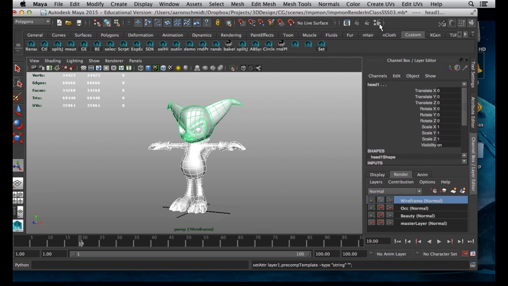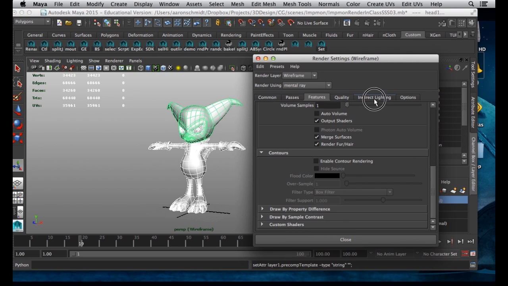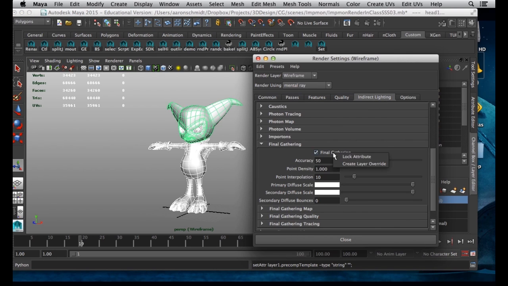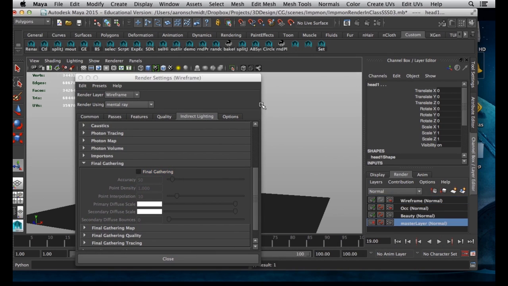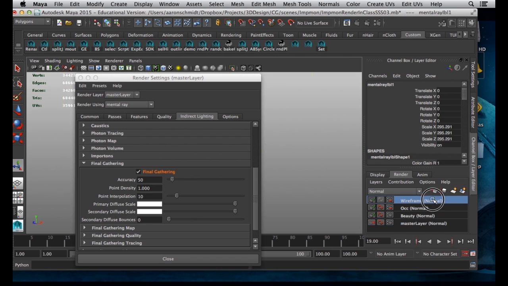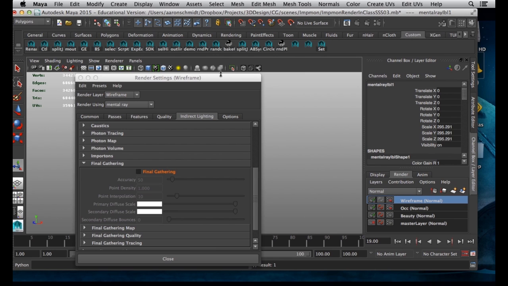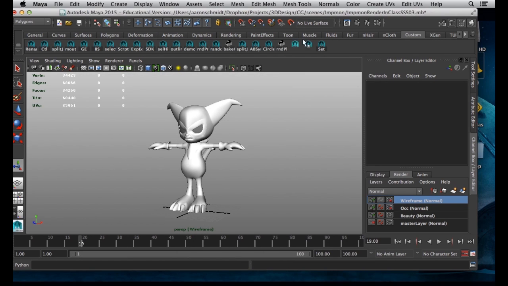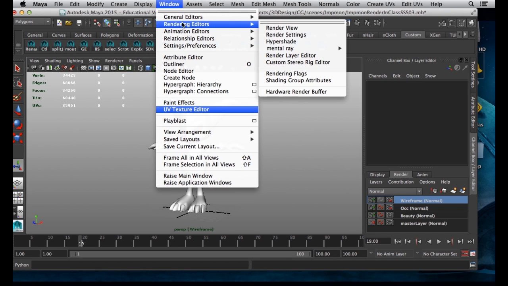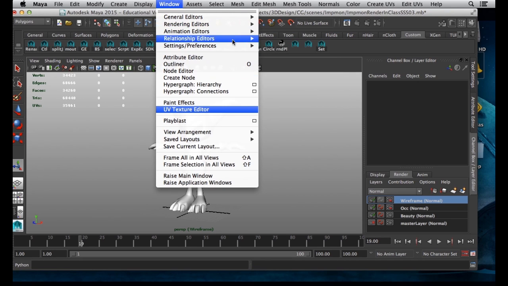Again I'm going to go to indirect lighting, and turn final gathering off with a create layer override. I don't need final gathering, and I don't want to see my IBL here. Create layer override, turn that off. Alright, so now I'm going to go to Hypershade,